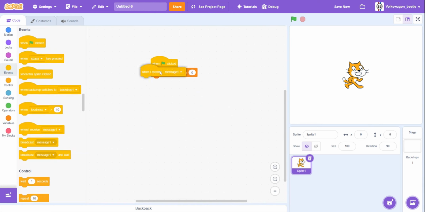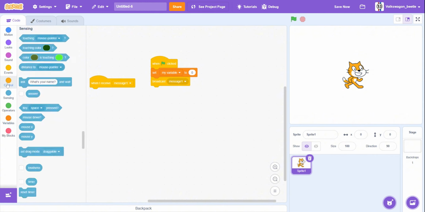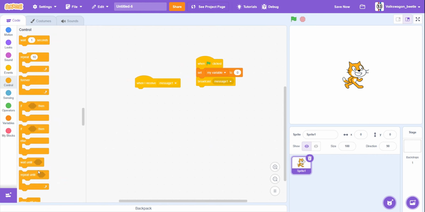Now, we're going to do a when I receive message block, or I guess you could do another start click block, whatever works best for you, but I'm going to do message. So we're going to make this broadcast a message. You can use this whenever it makes sense in your game. You can put the message block wherever. But after we receive this message, what we're going to do is repeat until,